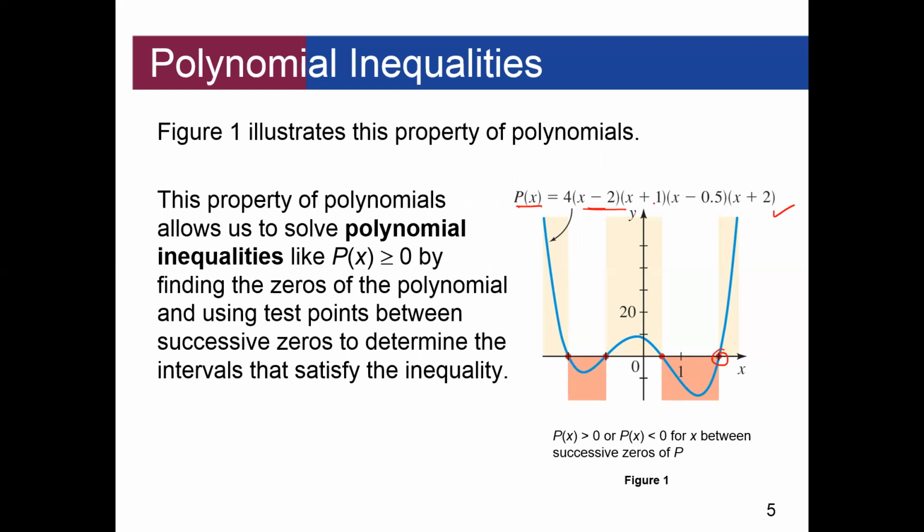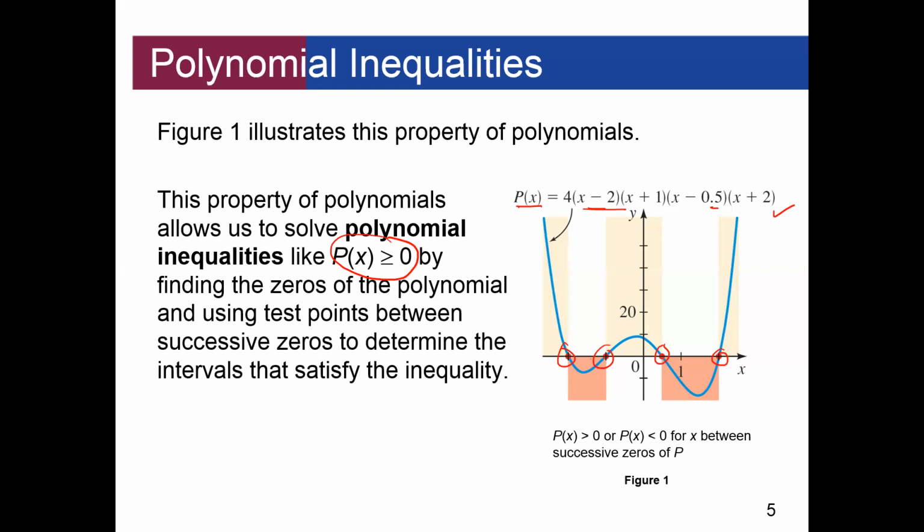And x plus 1, if you set it to 0, you get -1, which is this intercept, and then 0.5 is for this one, and -2 is that one. This polynomial has a degree of 4, and that is why it has 4 real zeros. So if you want to solve the inequality p of x is greater than or equal to 0,